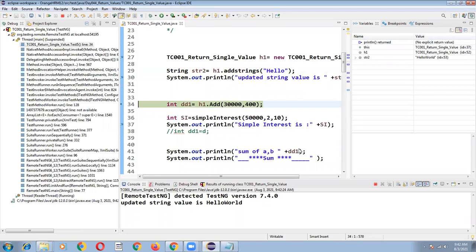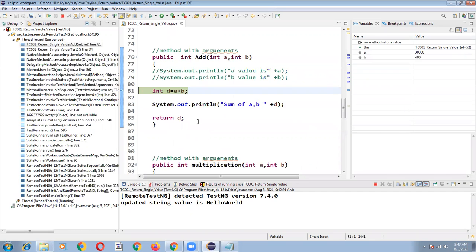And now I want to explain about F5. If you click on F6, what will happen? The h1 dot method will be executed, and that return value will come back to the dd1 value, and the dd1 value is shown in your variable section. But I am going to click on step in to see what is happening in this method. Clicking on step in means I'm going inside the method. So I'm clicking on F5, step into. It navigated to that method,